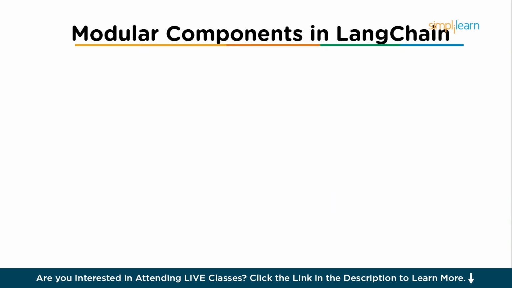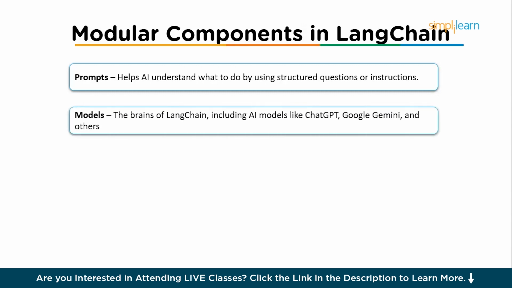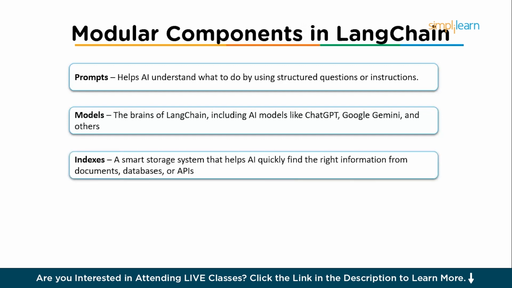The modular components in Langchain include prompts, which help AI understand what to do by using structured questions or instructions, for example, a prompt asking AI to summarize a document. The second one is models, the brains of Langchain, including AI models like ChatGPT, Google Gemini, and others. Moving on, we have indexes, a smart storage system that helps AI quickly find the right information from documents, databases,